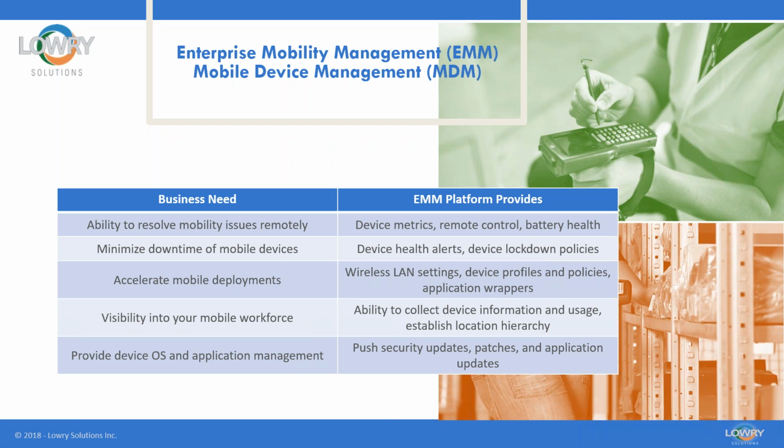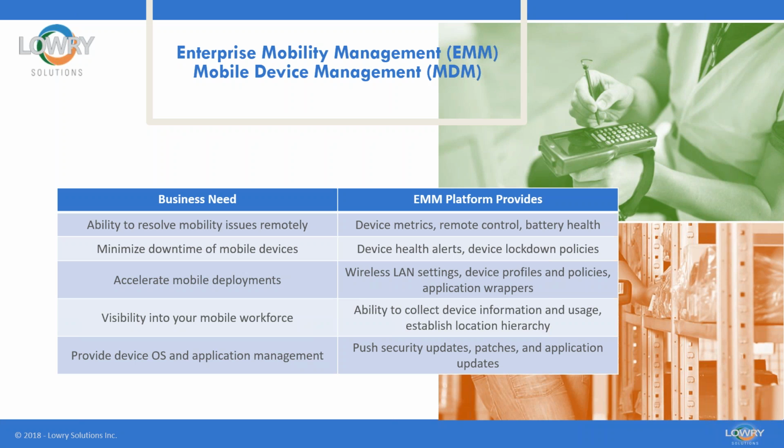And some examples of why this is so critical and what it does: you have business needs like the ability to resolve mobile issues remotely, because it's not as simple as it used to be, where you have a device at a plant in another state, and if the IT guy isn't there, you've got to fly him in to fix the device, or someone tries to do it on the floor. We don't live in that world anymore. We live in the world now where you have these enterprise mobility management systems like the SOTI MobiControl, the Microsoft Intunes, the Ivanti Wavelink. These allow you to centrally control all of these devices across your entire business.